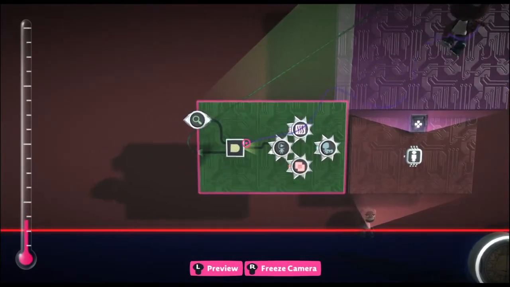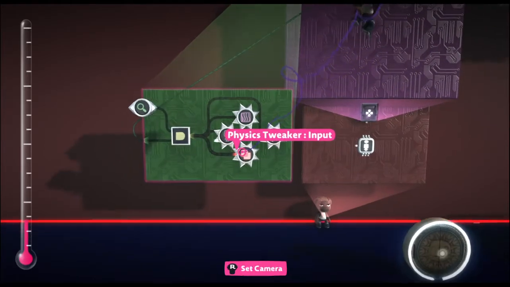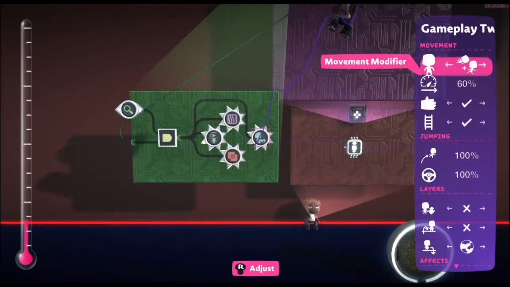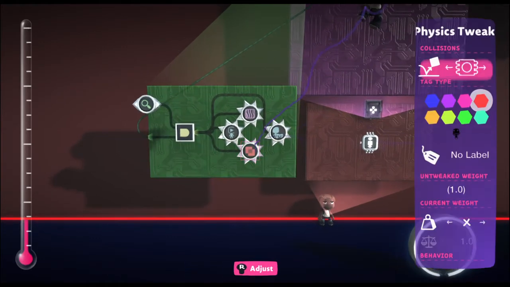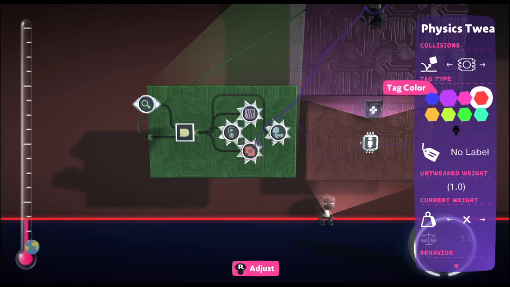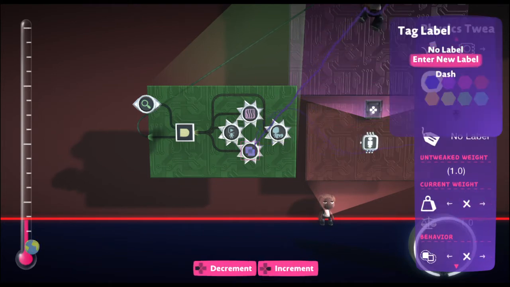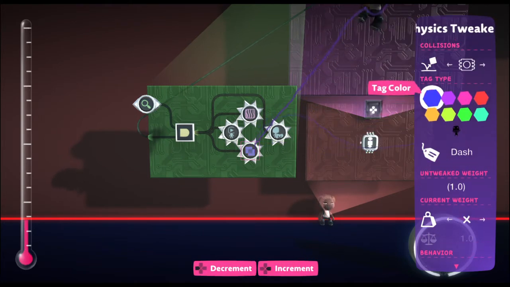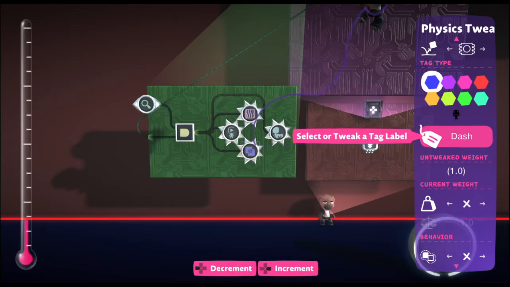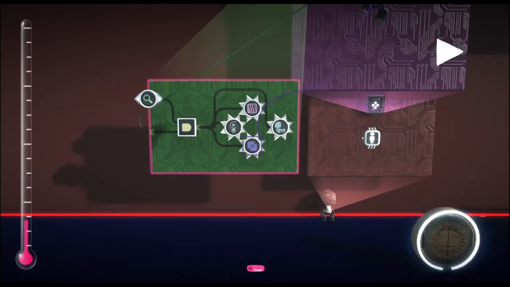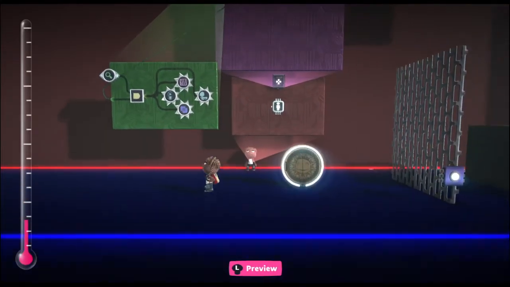But here's the thing. We're going to change one component. Or no, two. We're going to have it for more speed. And then we're going to set up a new label. Blue dash. You don't have to add the label, but I just like to keep myself tidy because I use a lot of tags on levels. Once you have that done,